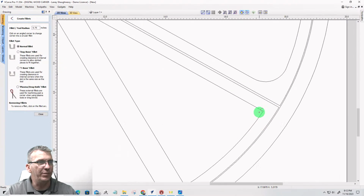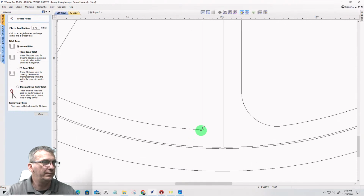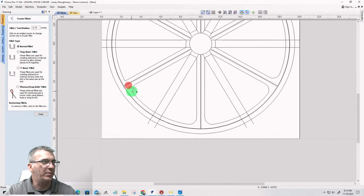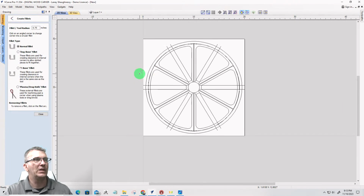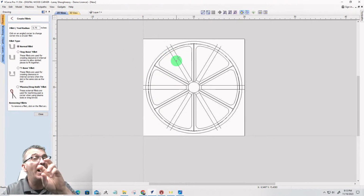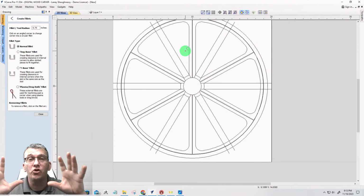Make sure you see the check mark, not the X. Okay, so that's going to create the back side of those trays. The wall. Now this is the back side of the pocket, should I say. Now, the inside of the pocket of the tray,